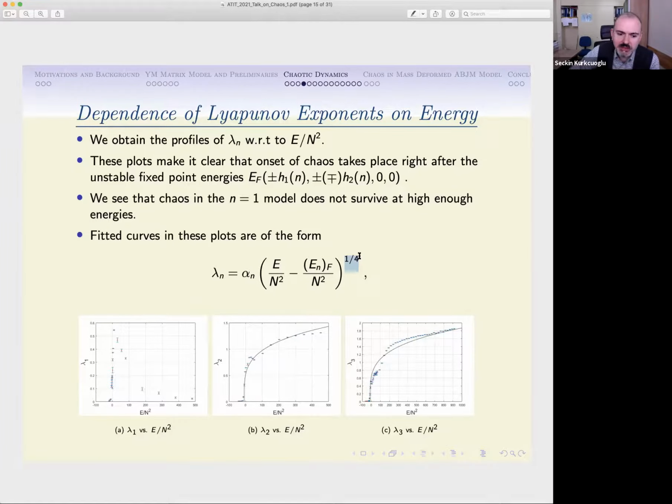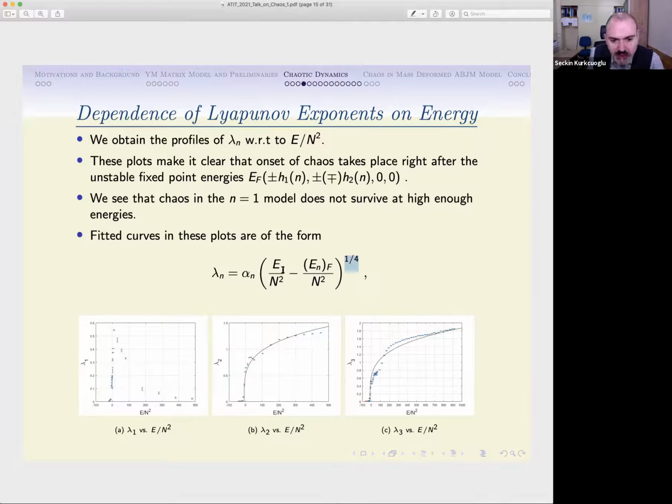And I will show you some discussion in which the energy will be proportional to the temperature, as we will see. So it is suggestive from such discussions in retrospect that such a functional form for the Lyapunov exponents would be reasonable